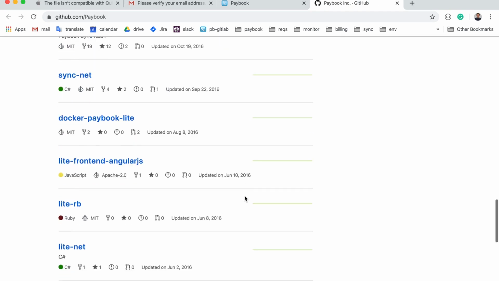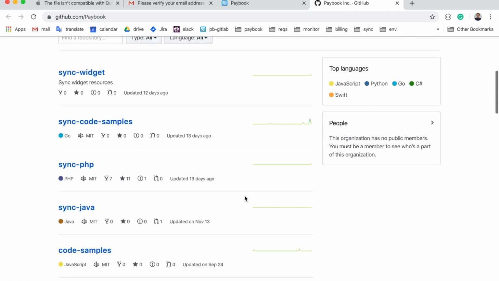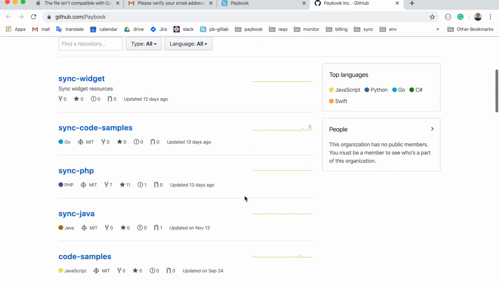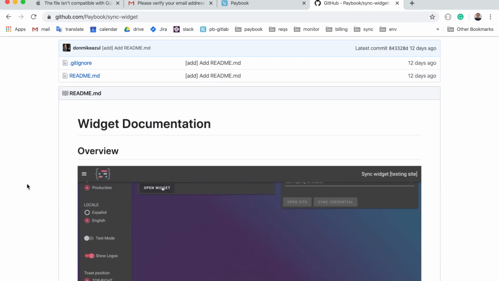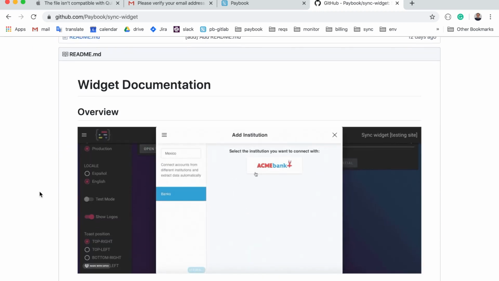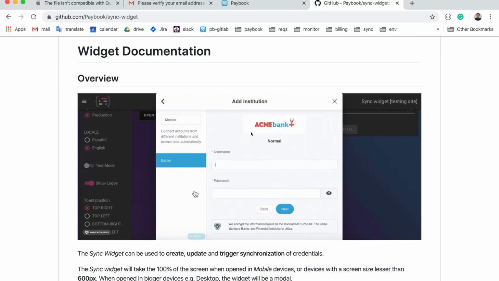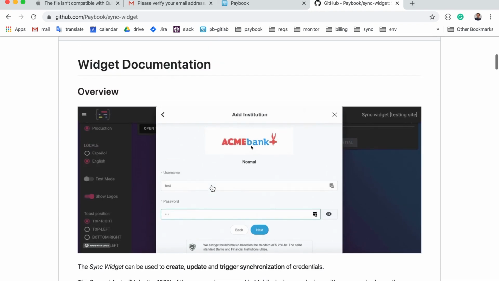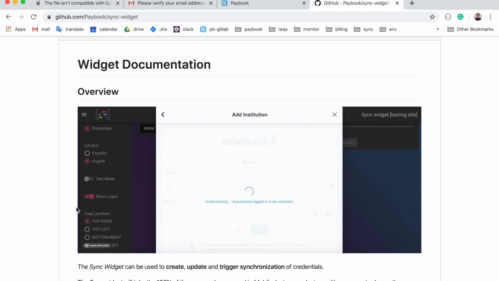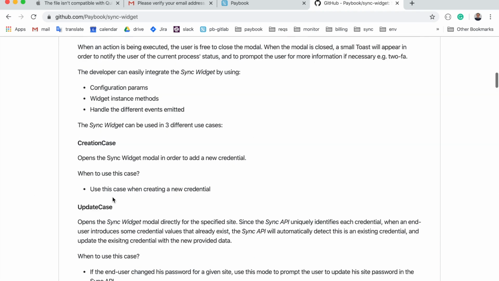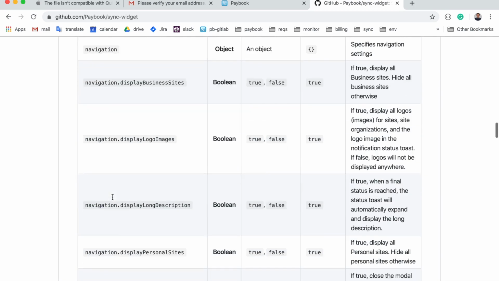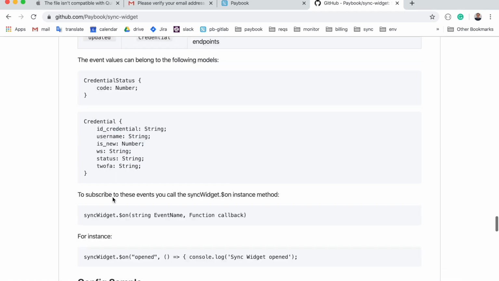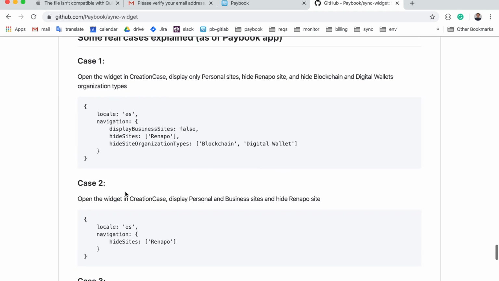And here we can find different resources that they provide to us in order to implement the service. The one that I'm going to be using is the Sync widget. Basically, the Sync widget is a widget that you can use on your front-end application in order to synchronize institutions. We can see here the widget itself. This is by far the easiest way for you to implement the service. This is why I am choosing this resource. And there is a lot of documentation for it, so I am going to base on this resource to